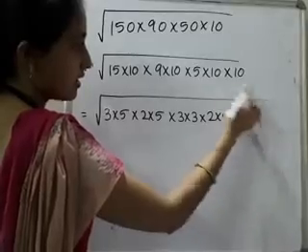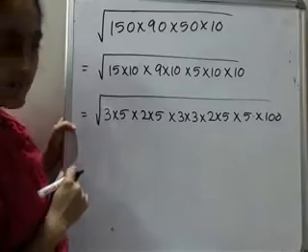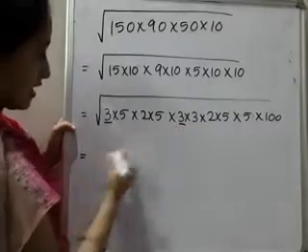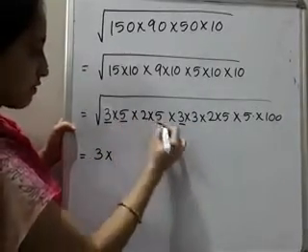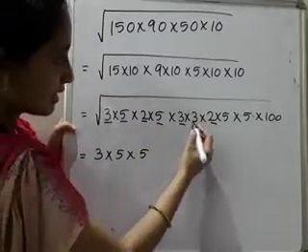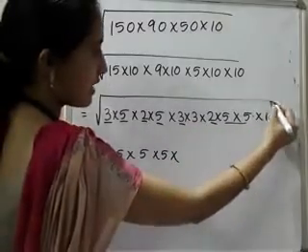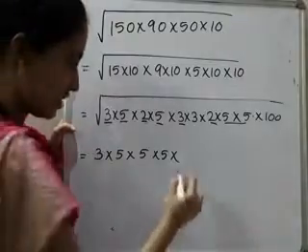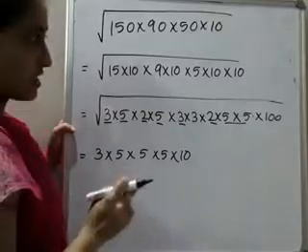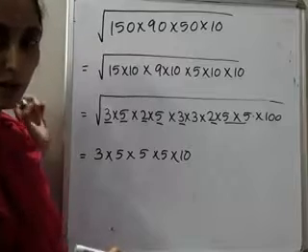Again 5 is here. Then this is 100, is it? So I will write it as 100 because you can directly take it outside. Yes. Okay. So that is equal to 3, 3. I will take 3. Then 5, 5. I will take 5. Then 2, 2. I will take 2. Then, yes, here 5 into 5 into 100. You can take 100. What is the square root of 100? 10. You can directly write that. That's why I will not separate this. Okay, you can factorize, no problem, but if it is a multiple of 10, you can easily do it. Root of 100 is what?